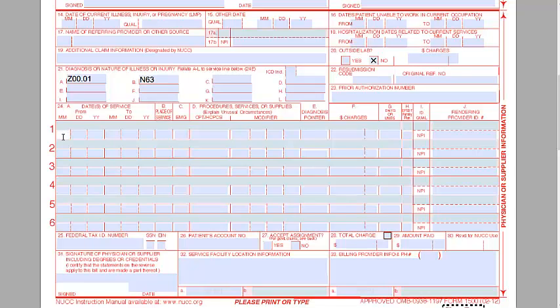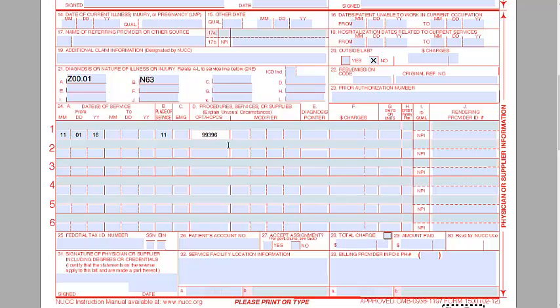Item number 24.1 is where we can start putting in our charges now. The patient was seen on the 1st of November. The place of service was the office. That's item number 24B. Item number 24C is where we indicate whether or not this was an emergency visit. It wasn't, it was an annual physical, but we do not have to put anything in this box, so we can leave it blank. Our first code that we're going to do is a